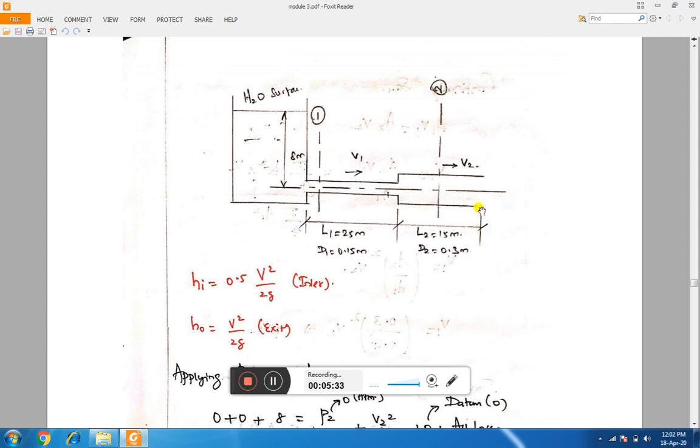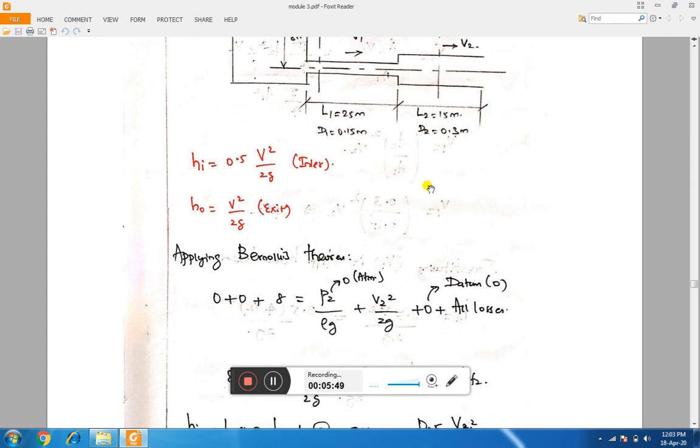So at this section it is section 2, at this point it is section 1. So pressure at 1 and 2 is atmosphere, as simple as that. Pressure at 1 and at 2 is atmospheric pressure, so it is getting cancelled. We are not saying it is 0, it prevails but it is the same, so it is 0. So P1 is 0 here, P2 is also 0 here.